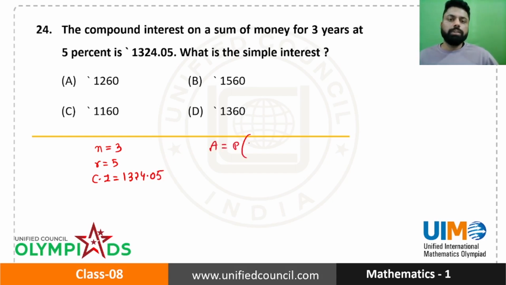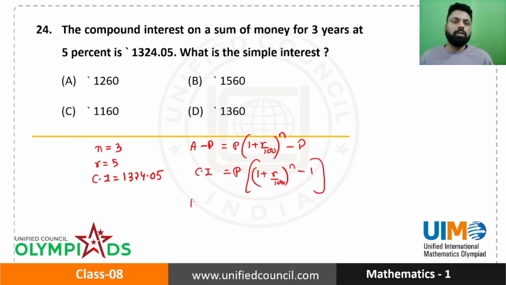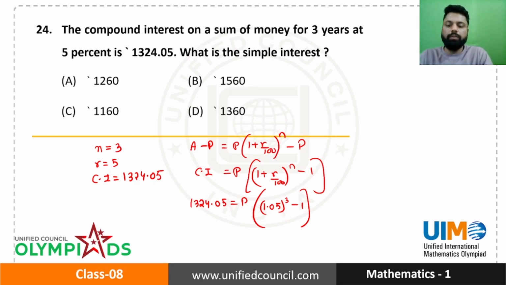We know amount is equal to principal times (1 plus r upon 100) raised to the power n. If we subtract amount minus principal, this is principal times ((1 plus r upon 100) raised to the power n minus 1). This is equal to compound interest. 1324.05 is equal to principal multiplied by (1.05 raised to the power 3 minus 1). 1.05 raised to the power 3 minus 1. This is equal to P multiplied by